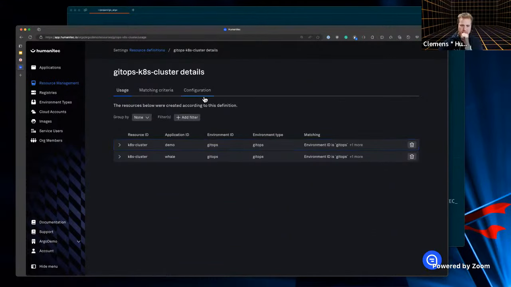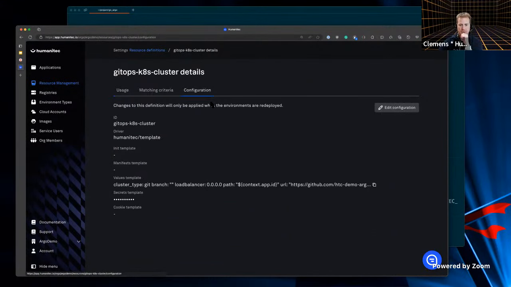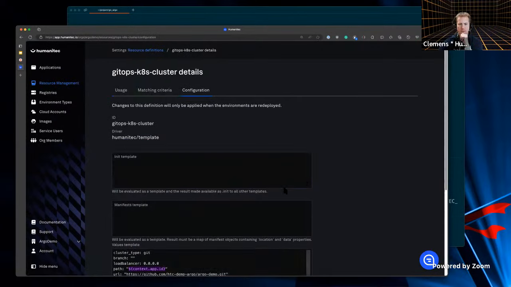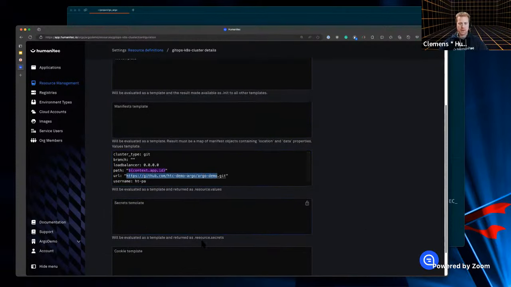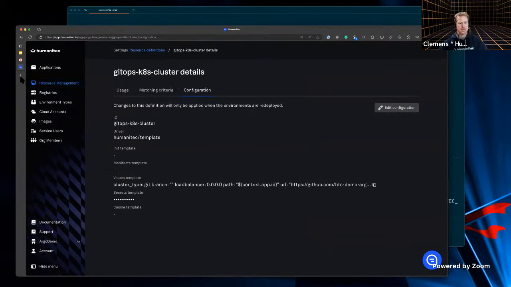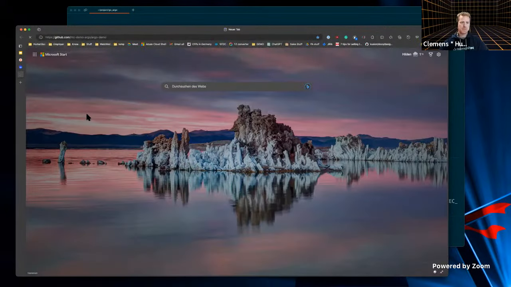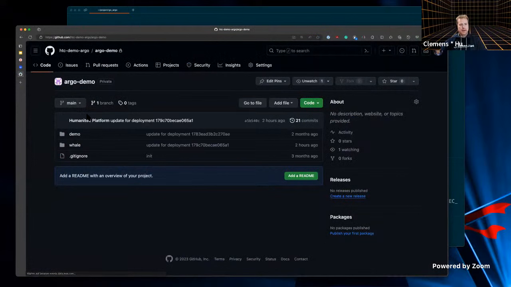And if I look into the configuration, I can click edit, so I can see better. There is github.com hcc demo argo demo.git. And if I take that, copy that, cancel, so I don't ruin the evening for us all, and go over here, I can see that my whale application is ending up as a repository here.